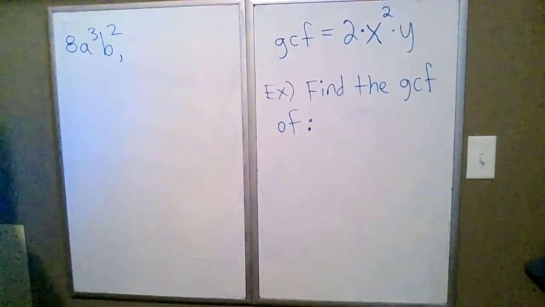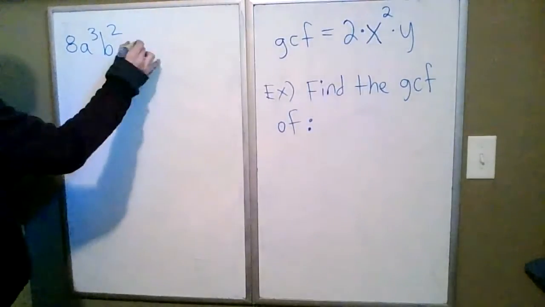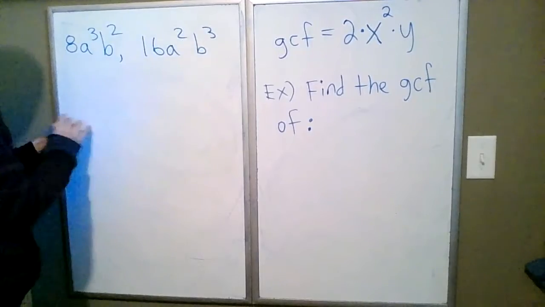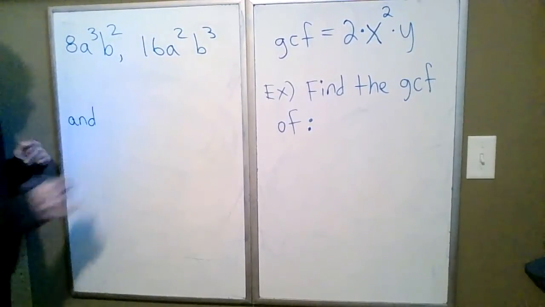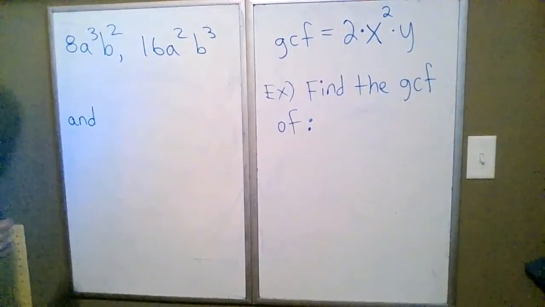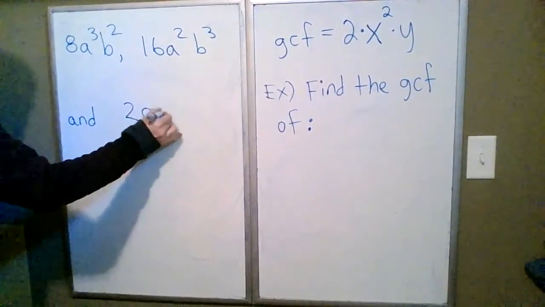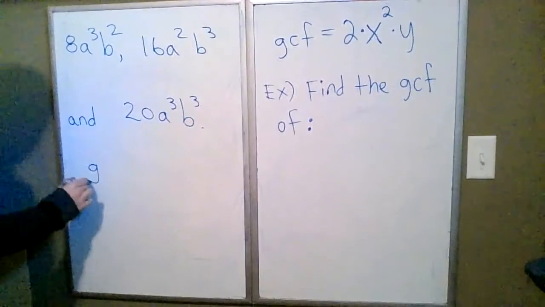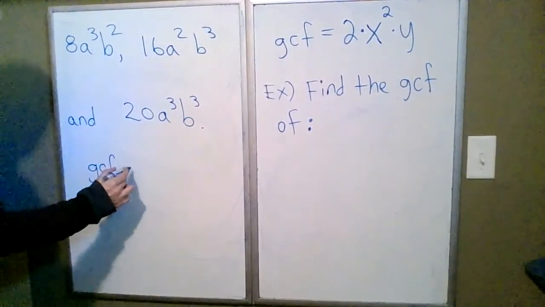Okay, so 16a squared b cubed, a cubed b cubed. So the greatest common factor is,